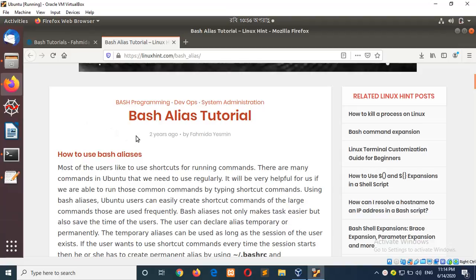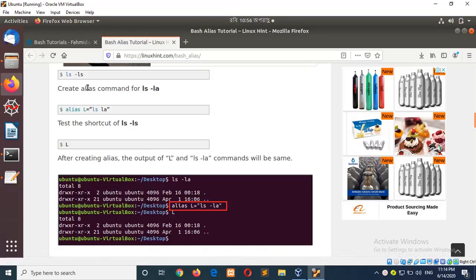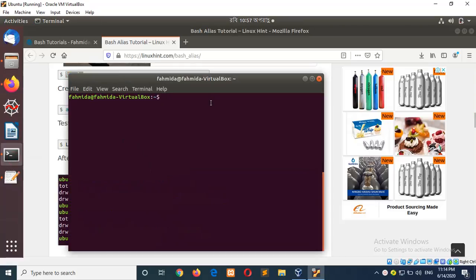In this tutorial, I will show you the bash alias command. I have given a short explanation in my lecture 1 about the alias. Here, I will show you the use of this alias command. So, first of all, I will use a regular command